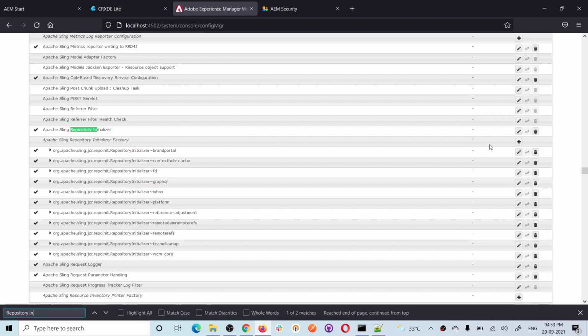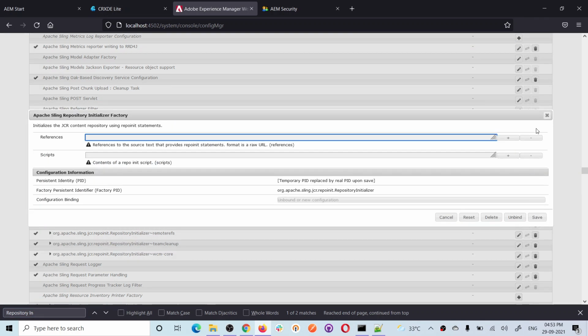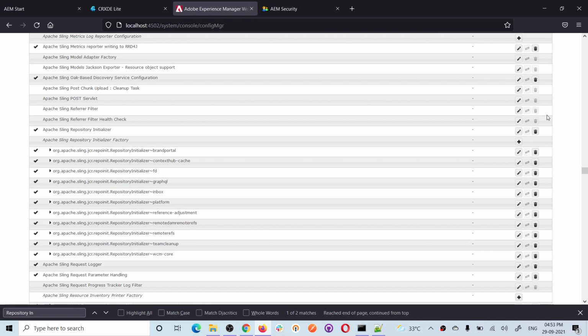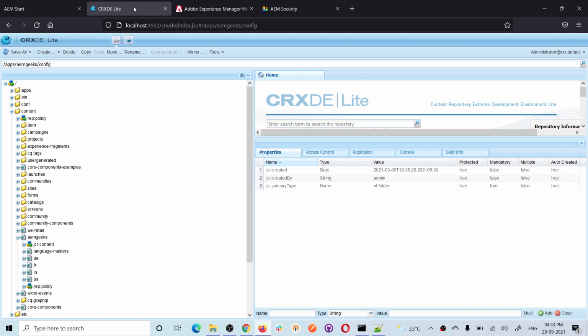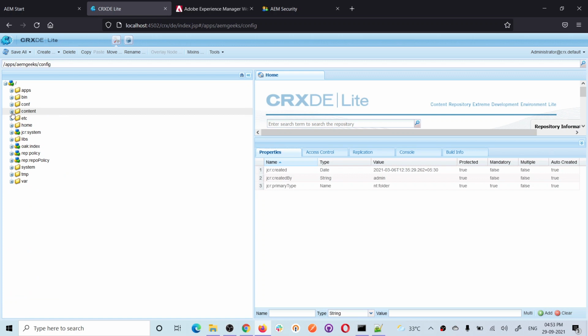Now, you can create a configuration either using this plus sign, or you can create it directly in the repository by creating a configuration file, either as sling osgi config or .config, which I already explained how you can do. So I'll create one instance of this configuration in my project.